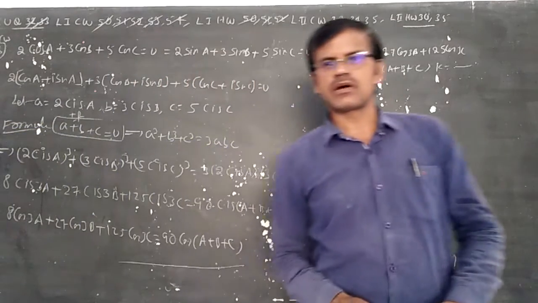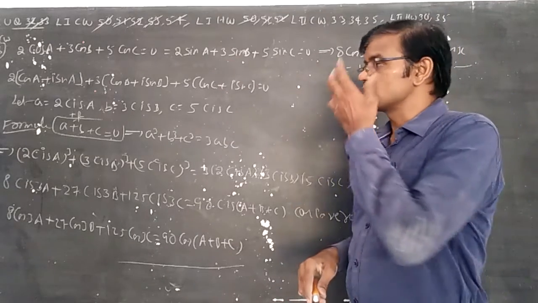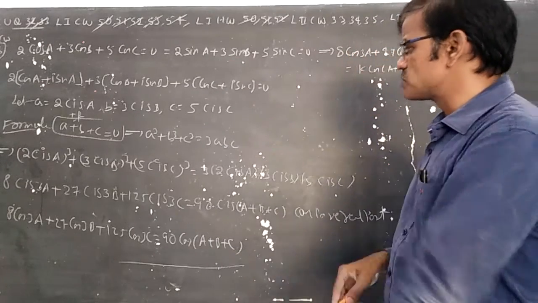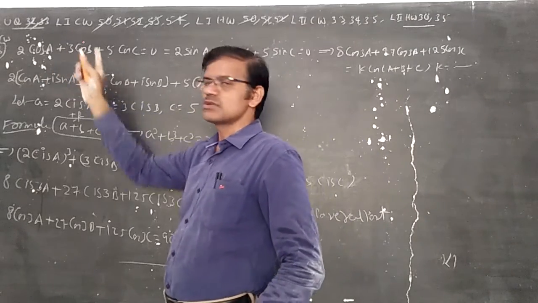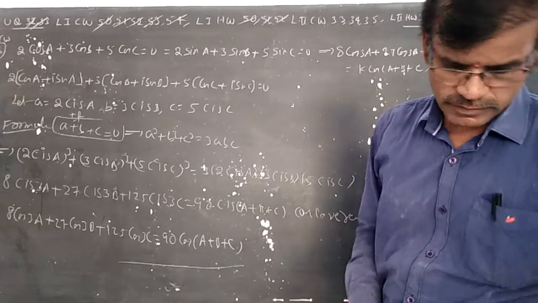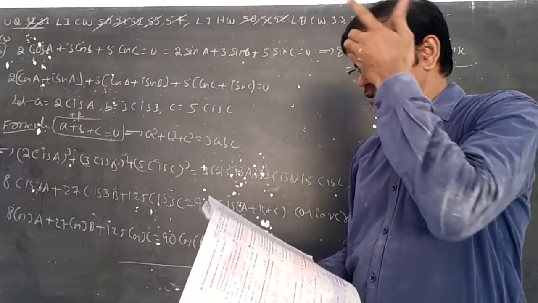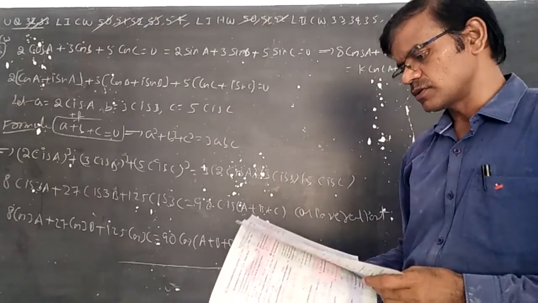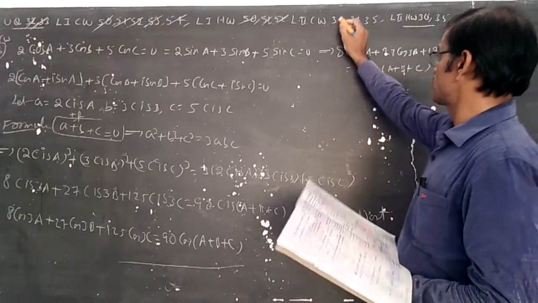Without writing all this, you can understand using the cis alpha cis beta cis gamma concept and a cube plus b cube plus c cube is equal to 3abc. With that 3 you can multiply 2 into 3 into 5. 3 is 6, 6 is 18, 18 5s are 90. Here 90 meaning option, yeah, he given third option. 33rd question, third option. Now 34.